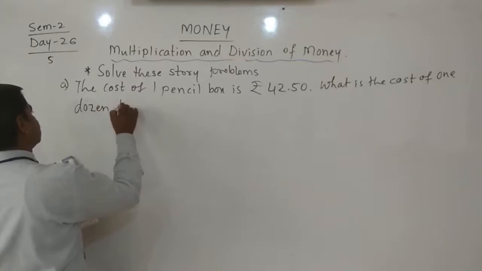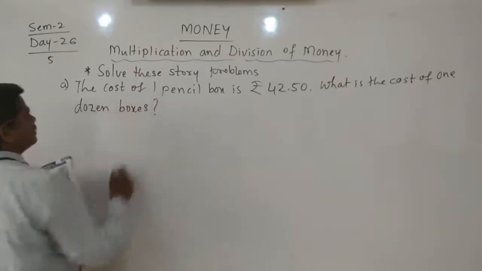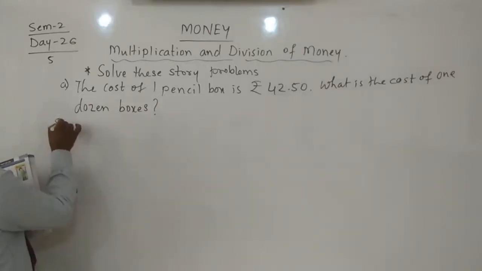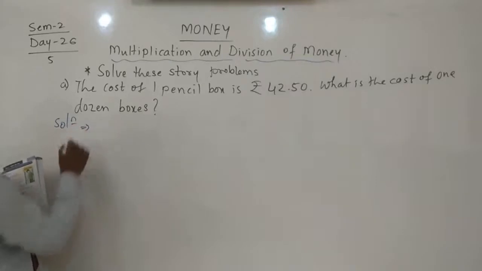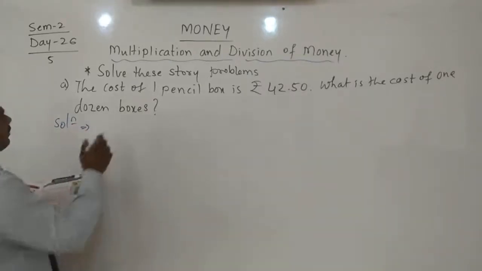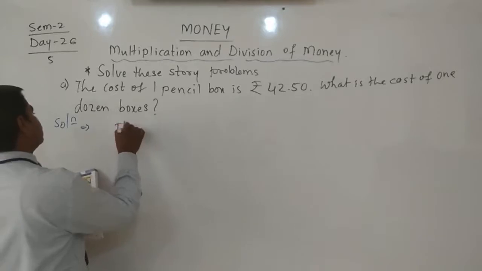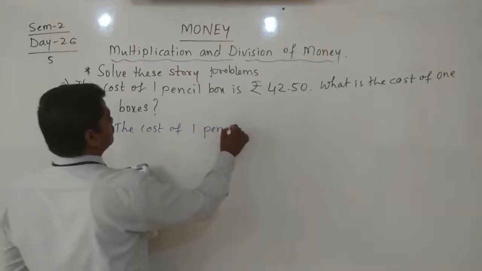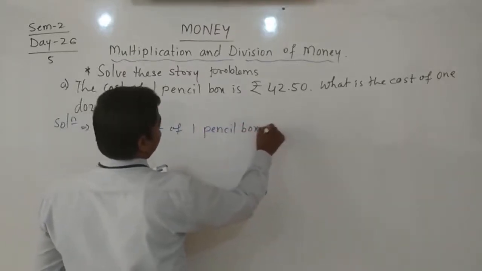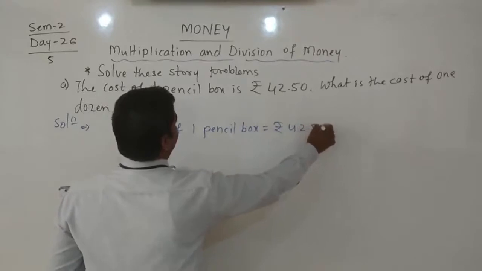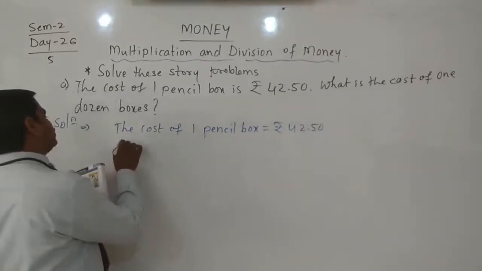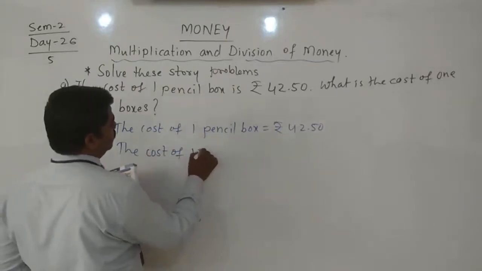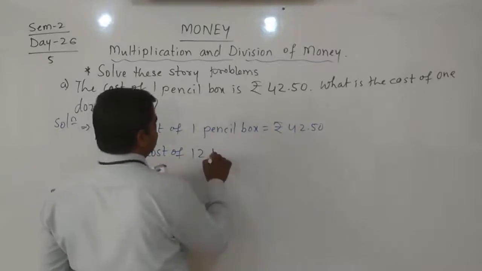1 dozen boxes. Find the cost of 1 dozen boxes. Now you can write the solution. 1 dozen means how much? Good, 12. Then the cost of 1 pencil box is equal to rupees 42.50. Then the cost of a dozen, the cost of 12 pencil boxes, is equal to